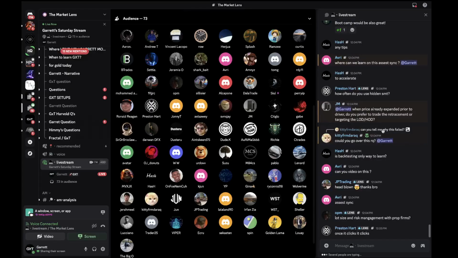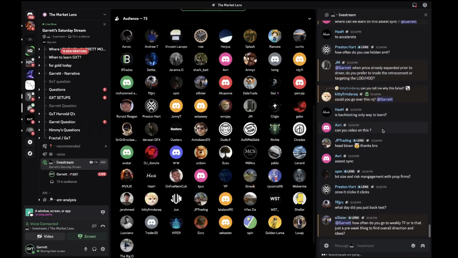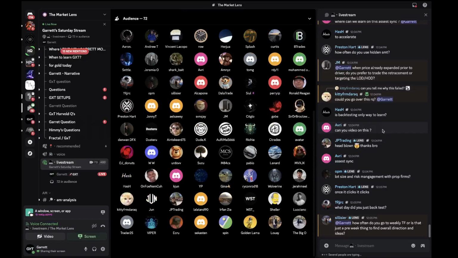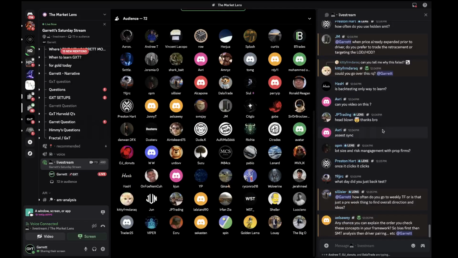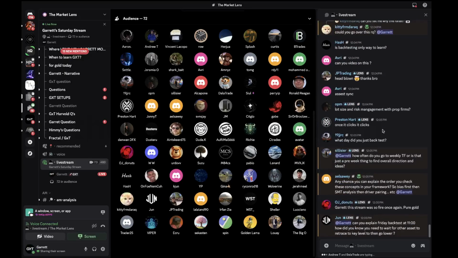Asset resync. There's a couple ways you can use it, but you guys gotta understand most people struggle with basic GXT stuff. So when I add all this other stuff, it's only gonna confuse people, man, because it is hard. Trading in general is hard. When you add all this stuff, it's a different level. It genuinely takes time to first understand GXT. That can even be hard.